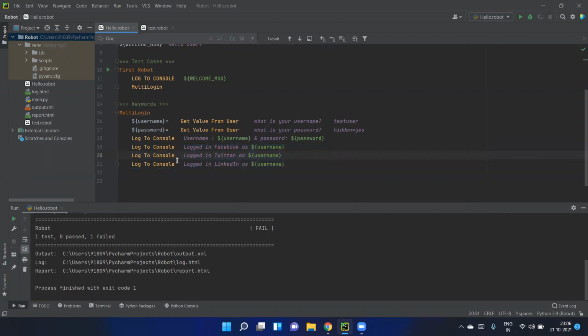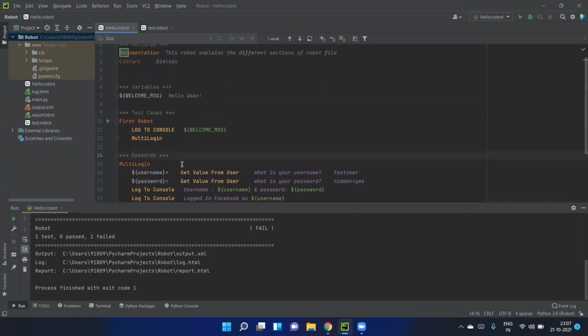Now, it's clear that we can create our own keyword. The own keyword may have different steps also. In the steps, again, you may use your own keywords or built-in keywords. For example, here we have used every keyword from the built-in, right? Okay, fine. So rather than typing all this code, let's say if you feel like this multi-login will be used in different locations, then you will club all the statements as a single keyword. And whenever you want to do all these actions, you will be just mentioning the multi-login as a single statement inside your test case.